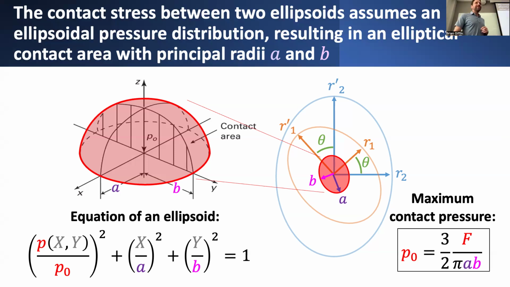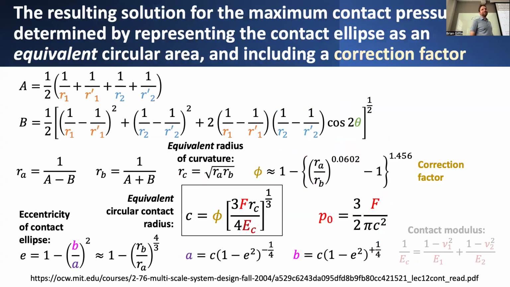Now, the resulting expressions for determining A and B, and subsequently the maximum contact pressure, are quite a bit more complicated. In this most general case, it looks pretty nasty. But the main thing to conclude from all this is that in spite of the complexity, ultimately it all just boils down to plugging in different dependencies on those different radii of curvature, including a dependence on the relative angle of rotation between those two bodies coming into contact,